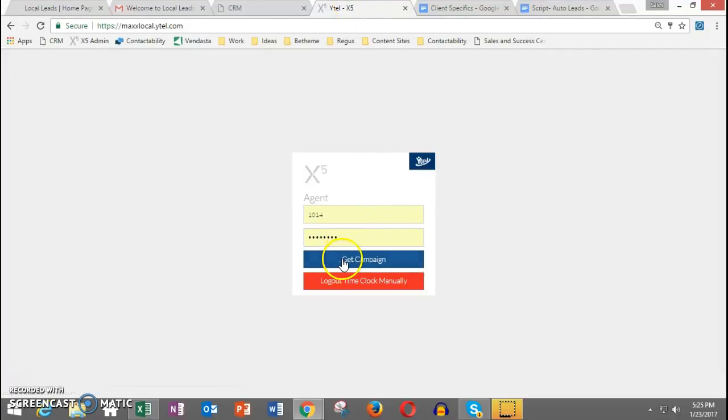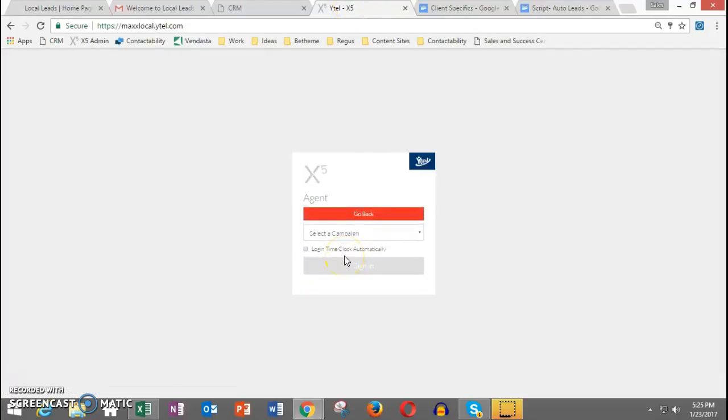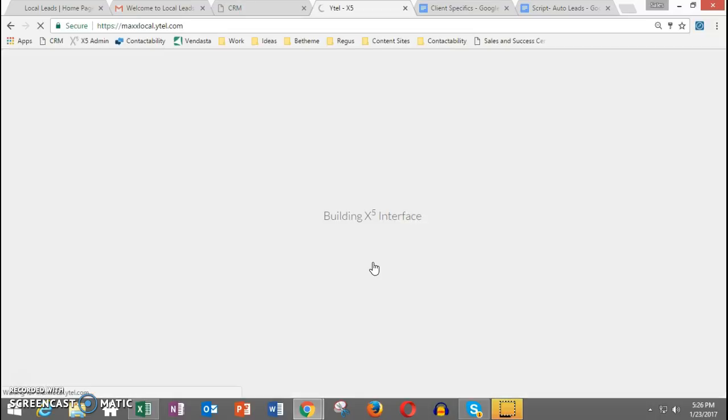So we're going to go ahead and log in. I'm going to log into my campaign. And one thing that I'm going to pause right here for and talk about for just a second is which campaign to choose. So when you click on the agent and you click on login, you enter your username and password, you're going to need to choose a campaign. And you're always going to choose this auto insurance campaign unless for some reason on the morning conference call we tell you otherwise or send you an email or give you a call personally. Nine times out of 10, 99% of the time you're always going to be in this auto insurance campaign. So we're going to go ahead and click sign in, okay?